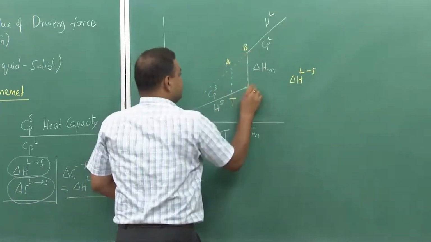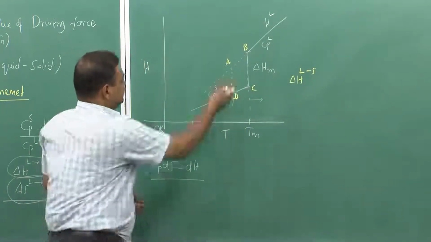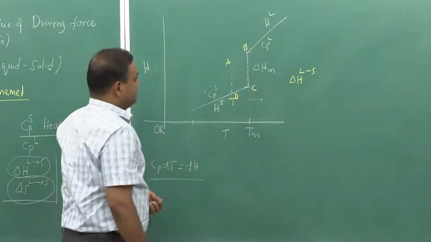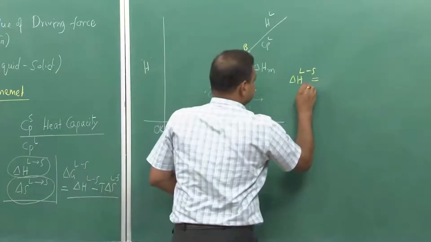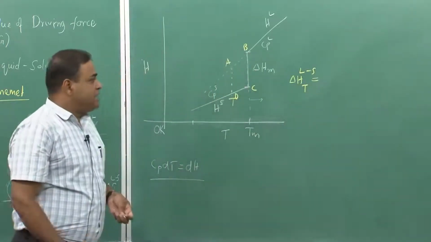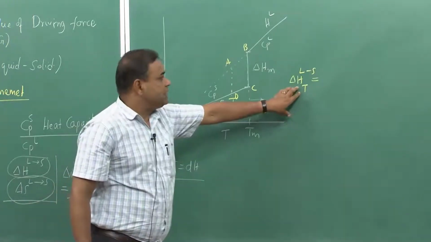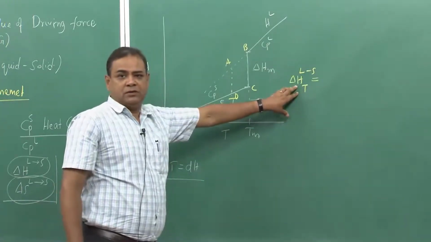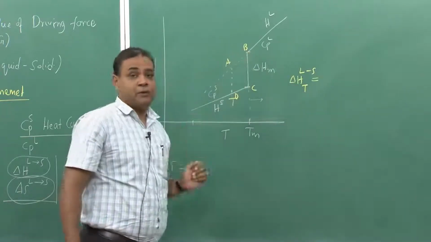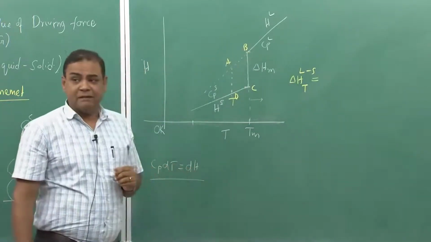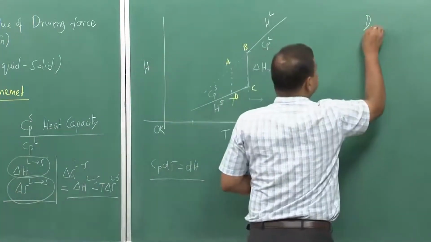at any temperature, let us say at this temperature, I simply find out del H, which is the difference between liquid and solid. So, that means this is, let us say A, this is B, this is C, this is D, and this is my enthalpy line. Then this I can easily calculate at T. Now, when we try to calculate this value,